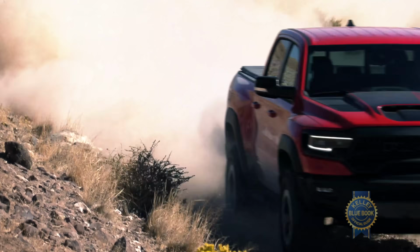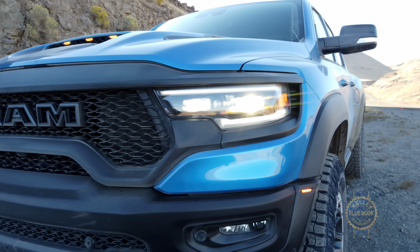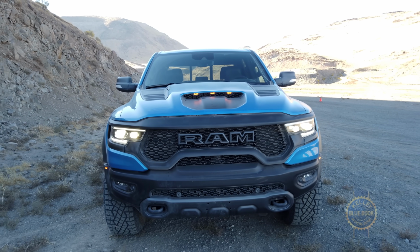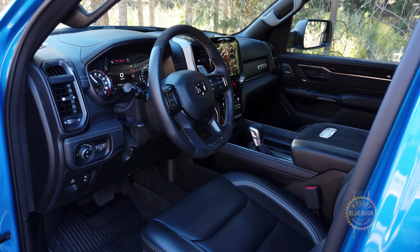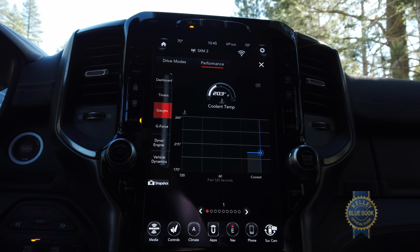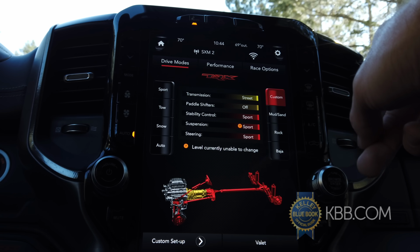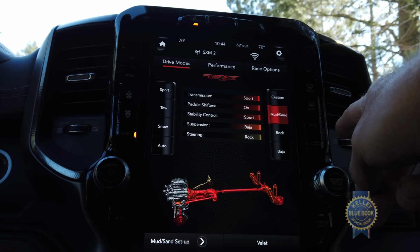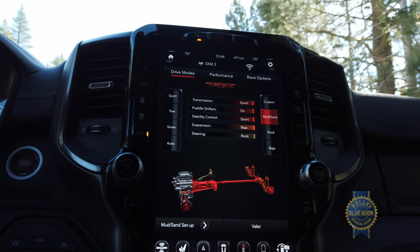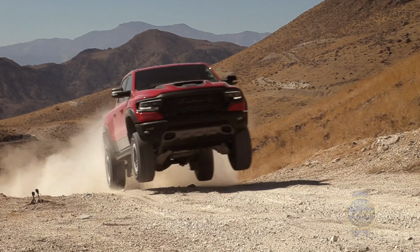Let's pause from all that off-roading to briefly note that the TRX is visually distinguished by unique bumpers, tow hooks, black full adaptive LED headlights, and an illuminated yet functional hood scoop. Inside, there's a flat-bottom steering wheel and front seats with extra bolstering. There's also Ram's big old 12-inch monitor, an agreeable canvas on which to view the off-road page, and adjust the 8 drive modes. Among those modes are all the ones you'd expect, but there's also a sport mode for racier on-road driving, but my favorite by far is Baja mode. It's the most jumpable. Speaking of...